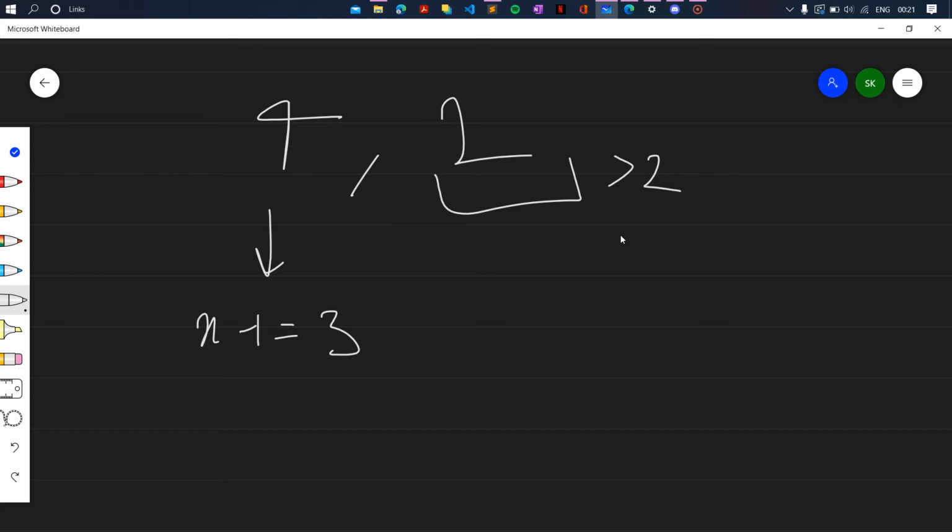2 mod 3 is equal to 2, 2 mod 100 is equal to 2, 2 mod 1000 is also equal to 2. So if we take any number greater than 2 and take a mod, we'll get the same answer. So if n is greater than 2, the mod would always come out to be y only. So if x minus 1 is greater than or equal to y, we can just add y to x. Like 4 plus 2, which is 6, because 2 will give our mod of 2. So 6 would be our answer.